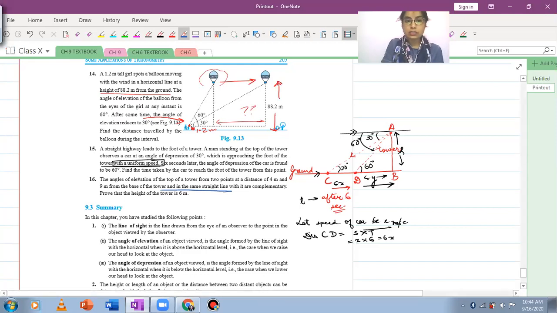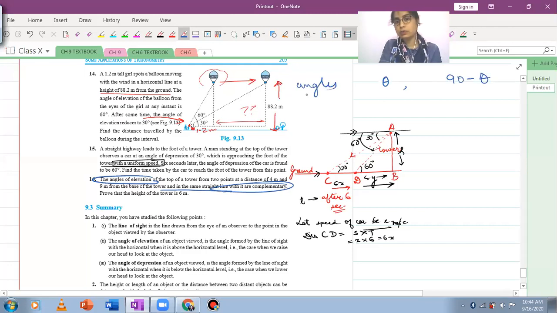complementary. So this is what you need to mark here, the angle of elevation of the 2 points. These are complementary. So if you just take one angle as theta, I hope you remember how you take the complementary angles. If you take one angle as theta, the other one will be 90 minus theta. You can also take the angles as x. So these will be the angles, theta and 90 minus theta. जिनको नहीं पता वो इस तरह से लिख सकते हैं कि complementary angles को कैसे assume करते हैं.